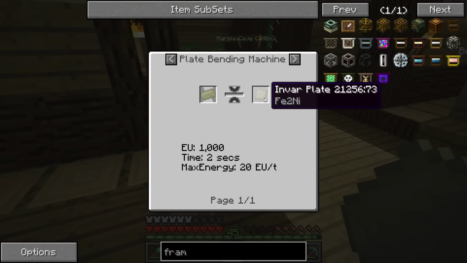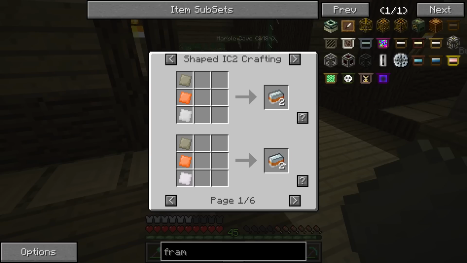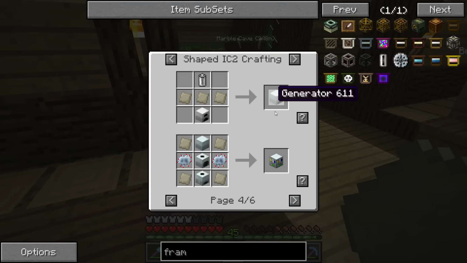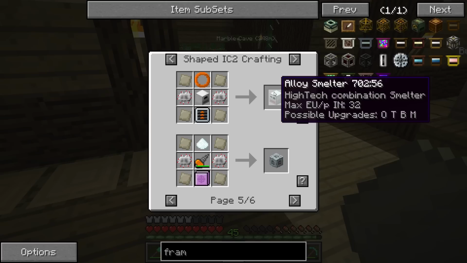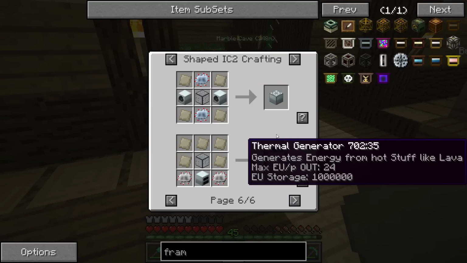So, yeah, there's that. Oh, you need this plate bending machine in order to turn it into an Invar plate. This is one of the things that Greg Tech added. And you can actually use this stuff to make those mixed metal ingots, but you're also going to need them to make this chemical reactor, which I don't have a clue what it does. This alloy smelter, which you could use. But really the main things you'll want,